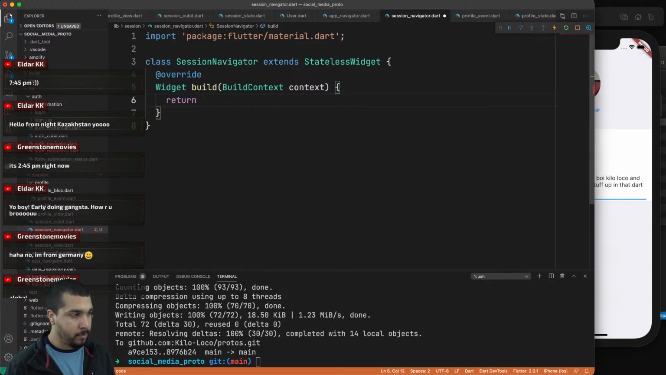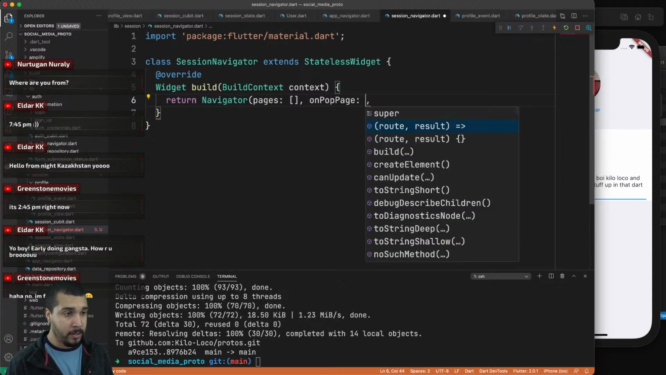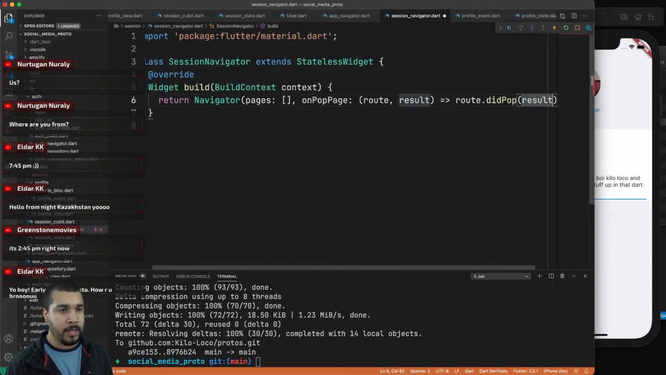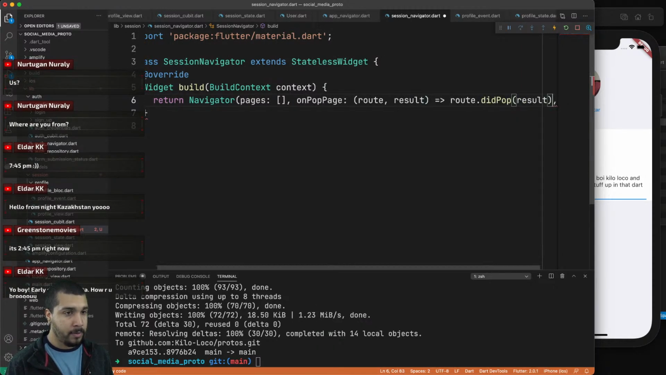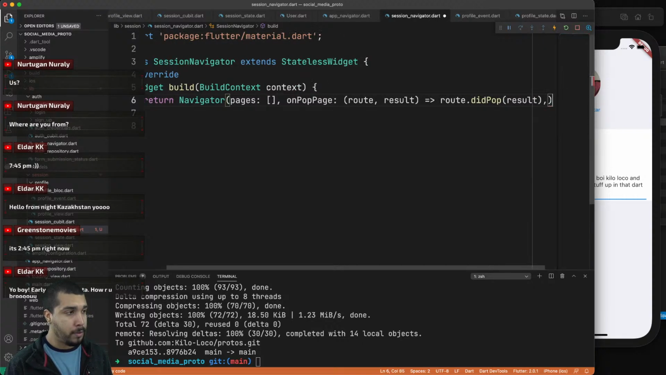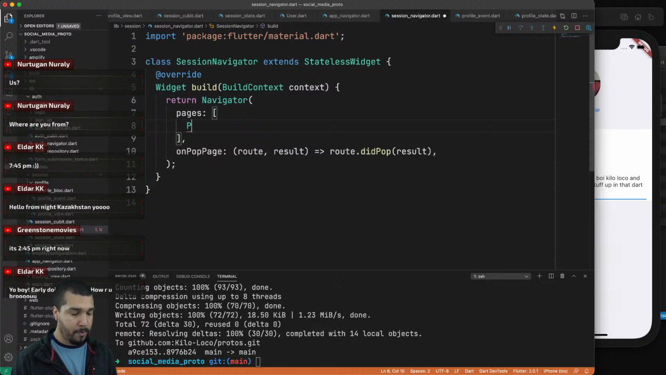Okay, so then what we'll return is a navigator, right? Navigator. And we need pages when we're working with the navigator, and then we also need the onPopPage, and then you pass in the route and the result, and you say route.didPop(result), like that. You close it up and maybe close it up again and do one of these. Okay. From here, we can pass in, let's just do our material page,